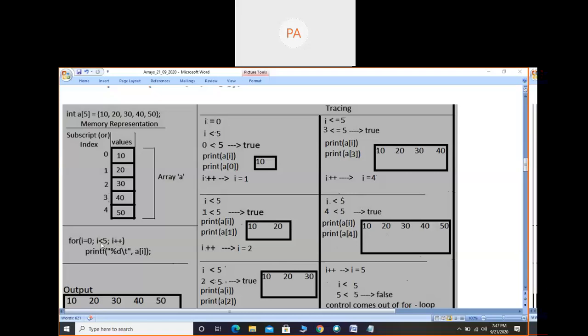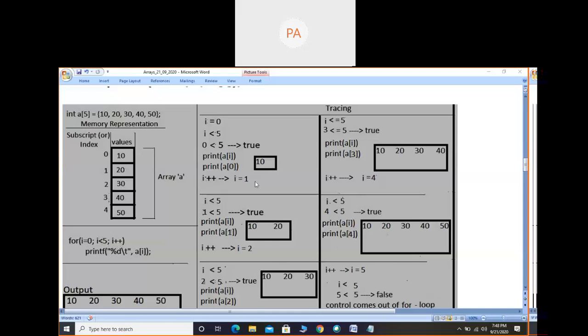The first statement is initialization, the second statement executed is the condition, the third is not the increment, it is the print statement, whatever statement we have written. The next statement is the increment. Afterwards, i = 0 will not execute again; it is executed only once. Then afterwards i < 5, print statement, i++ are repeated: these three statements are repeated.